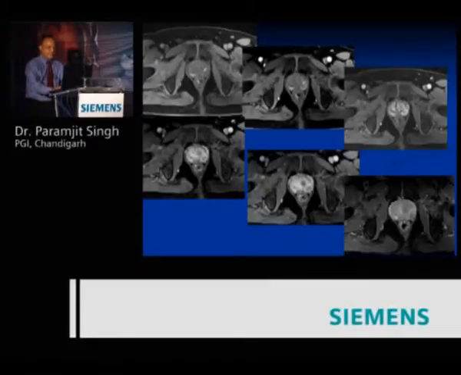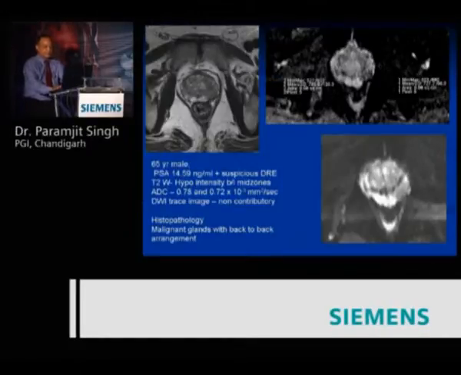and then we have a nearly iso-intense appearance between the two. In fact, the cancer is now showing a little bit lesser signal compared to the rest of the gland. The same thing when seen on diffusion, we see that this is the area which we are questioning, and this is a low intensity area in the peripheral zone.